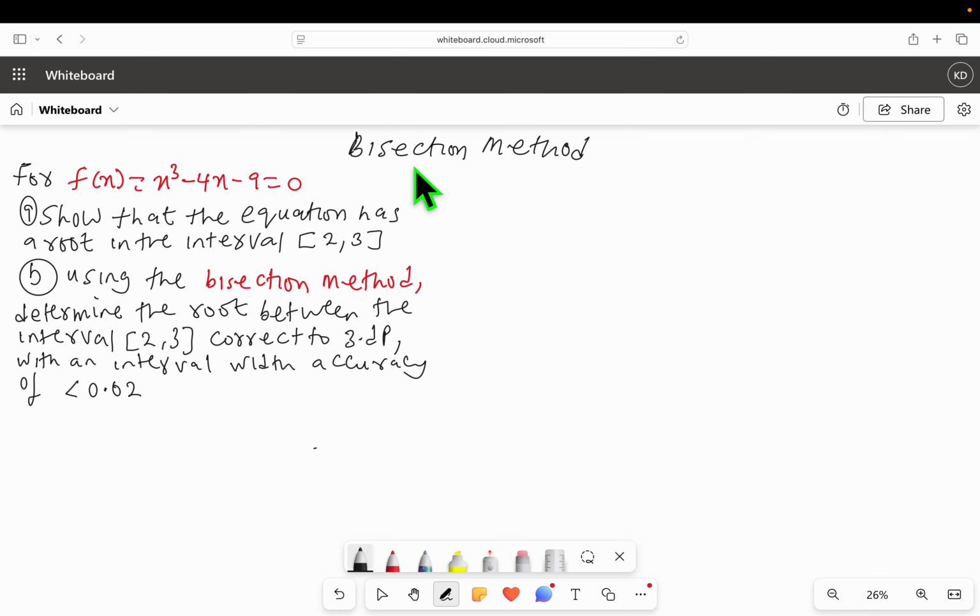In this video, we are going to discuss the bisection method, and we are going to solve the equation in A and B, which are related to this cubic polynomial equation. So let us start with A, which says show that the equation has a root in the interval between 2 and 3. So let us call our variable A to be equal to 2 and our variable B to be